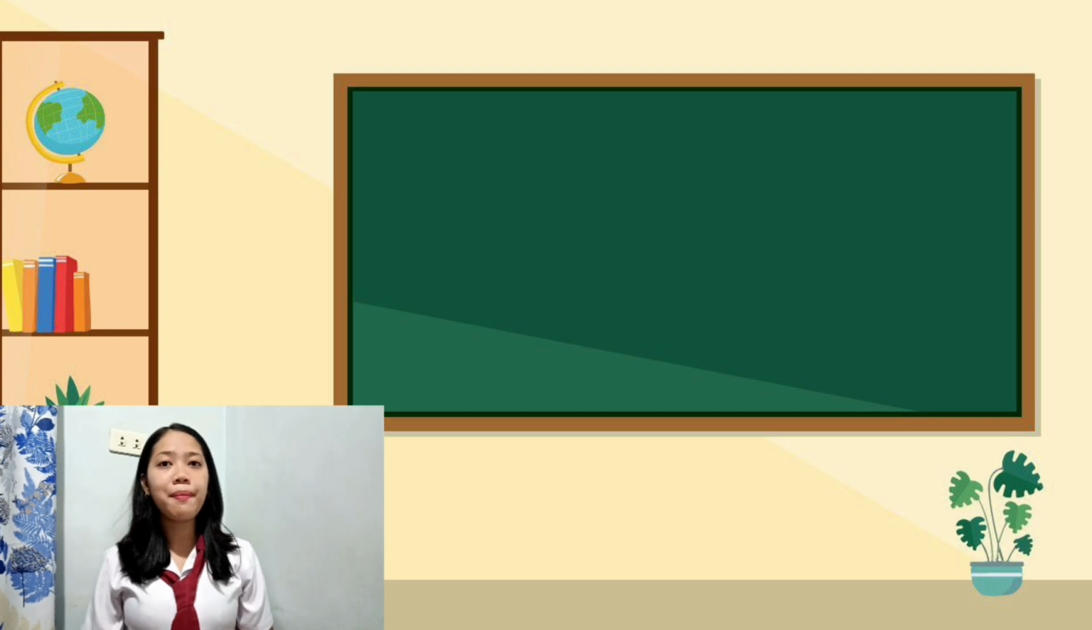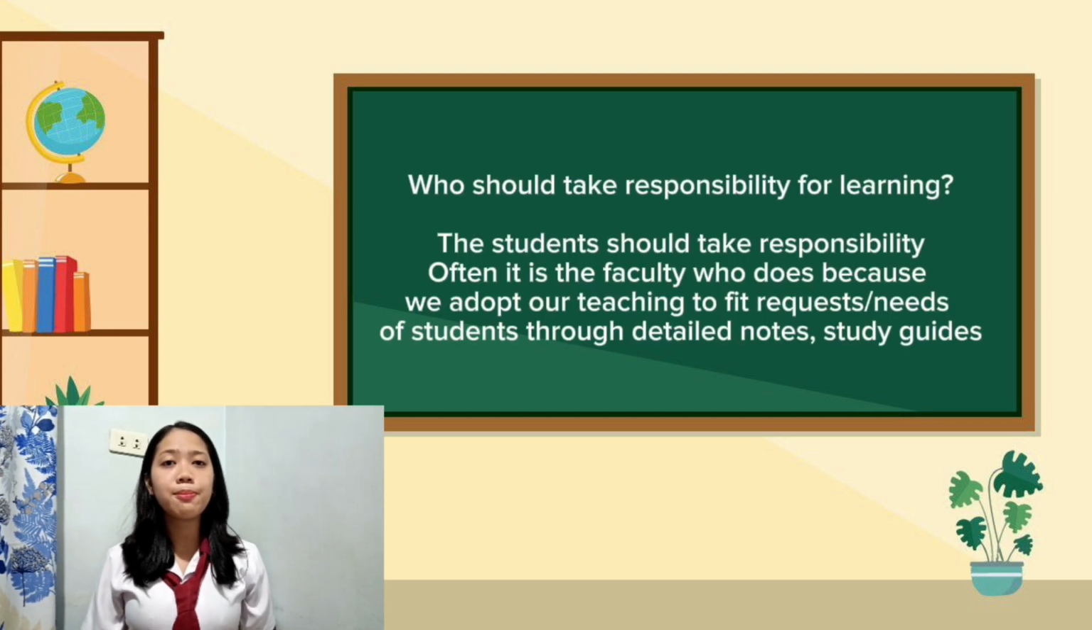So another dimension is who should take responsibility for learning. The answer is the student should take responsibility. Often, it is the faculty who does, because we adapt our teaching to fit requests and needs of students through detailed notes and study guides. The consequences of faculty taking responsibility for learning are students remain passive, students do not gain